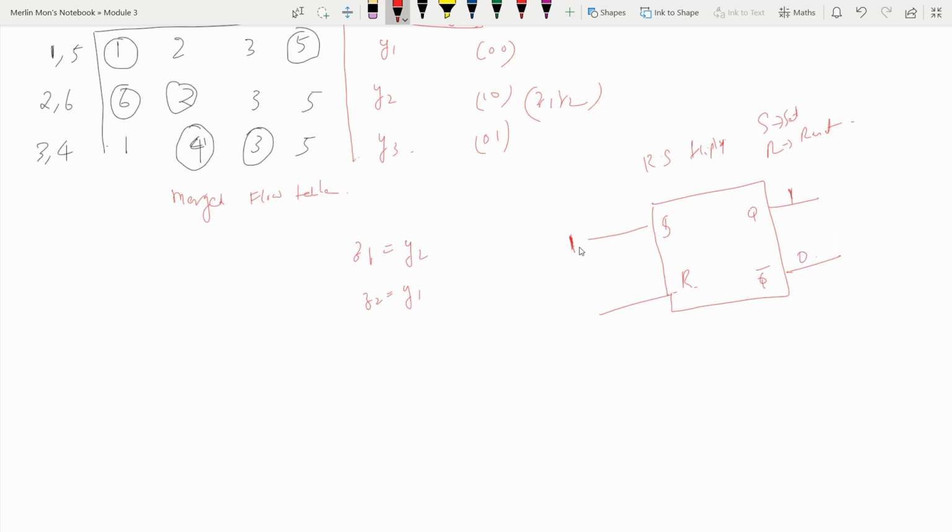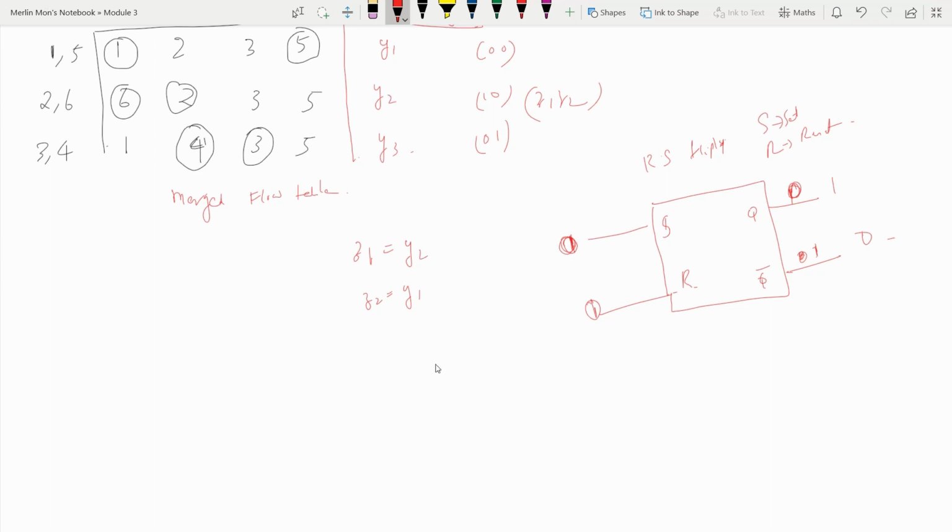And if you give a 0 here, then the output will become 0 and Q bar will become 1. Similarly, in the reset terminal, if you give 1 here, the output will be 0 and 1. If you give 0 here, this will be 1 and 0. So the flip-flop works like this, and for each